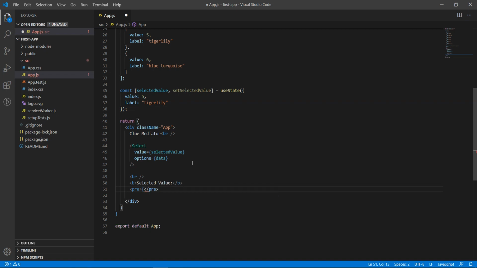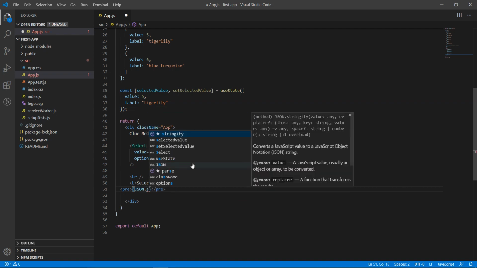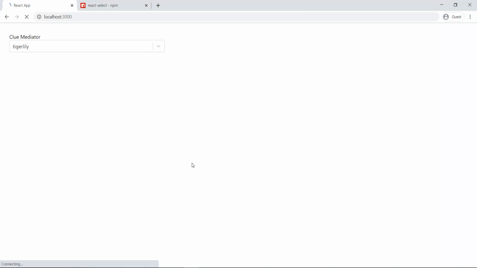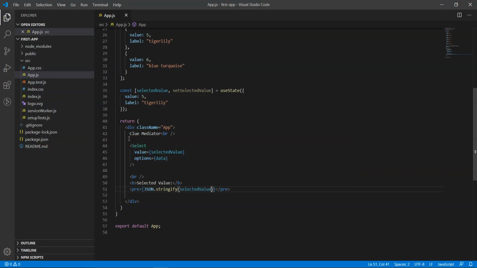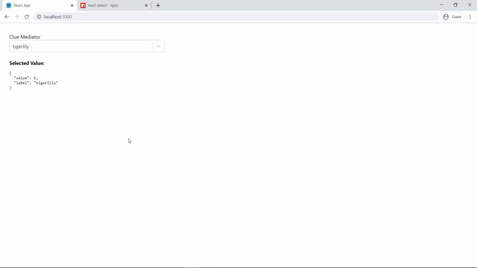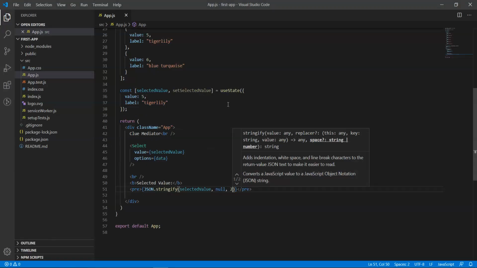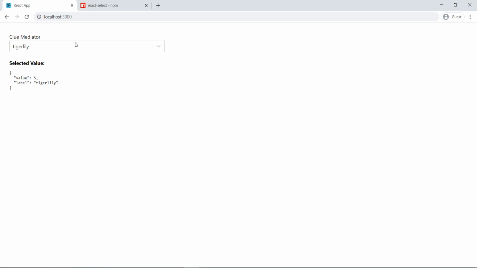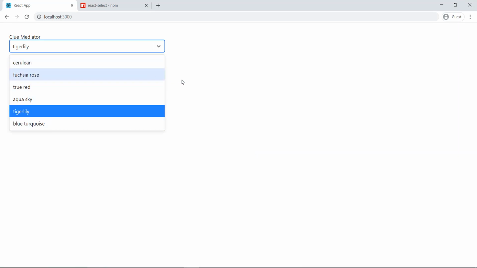Here I'm writing JSON.stringify and the selected value. Okay, let's check it. Yes, let me modify it so we can see it properly. Good. You can see the selected value is appearing properly. So now we can successfully get the selected value of the drop down.